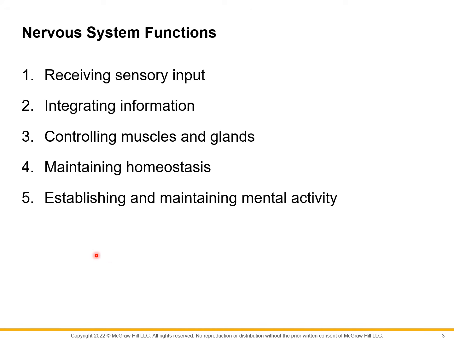Last one is establishing and maintaining mental activity. So ito na po yung part where our nervous system makes us nervous. All right, so feeling different emotions is a product of mental activity. So contrary to the popular saying that emotions come from the heart, no, not really. To simplify, emotions are our response to some stimuli that has been presented to us, and that response is because a mental activity or processing of information happened in our brain.